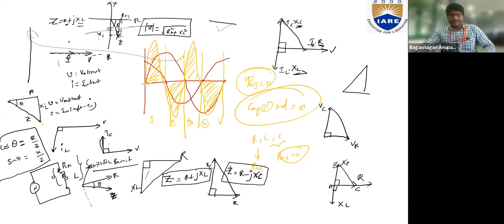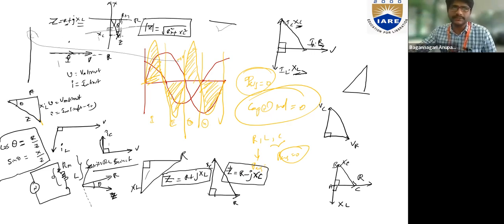And if it is between a resistor and a capacitor, you call it a series RC circuit. In such cases, the value will not be exactly 90 degrees. So what has to be done now? We have to calculate the value of theta in terms of sine theta and cos theta, based on the values of the real and imaginary parts, right? That is how you calculate the values.